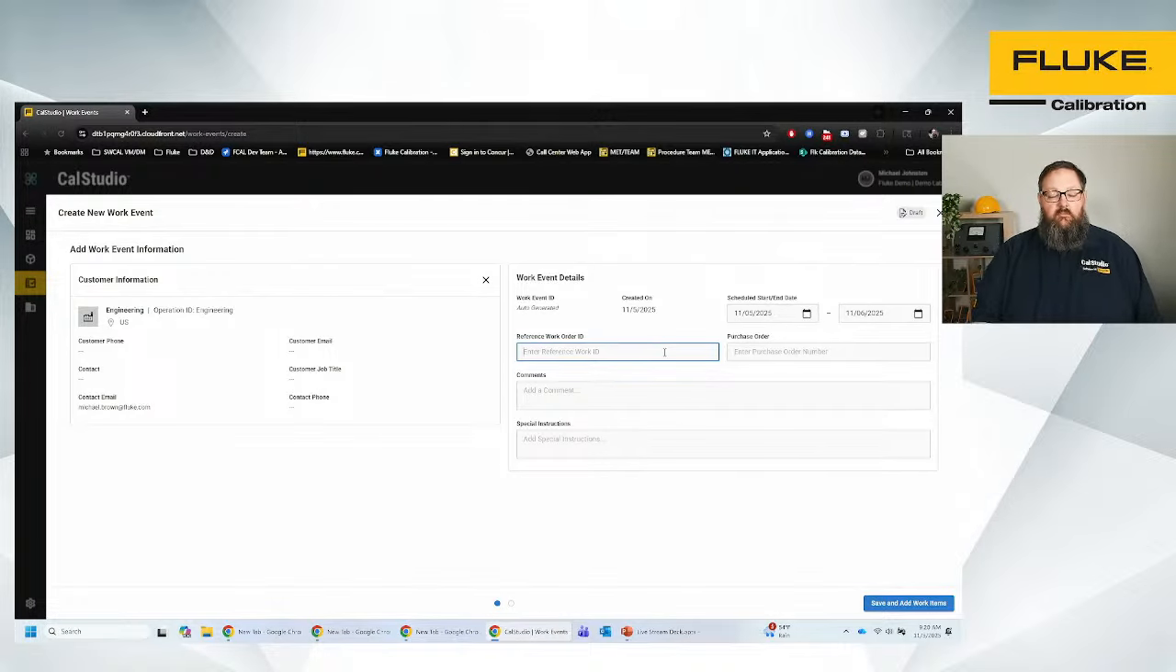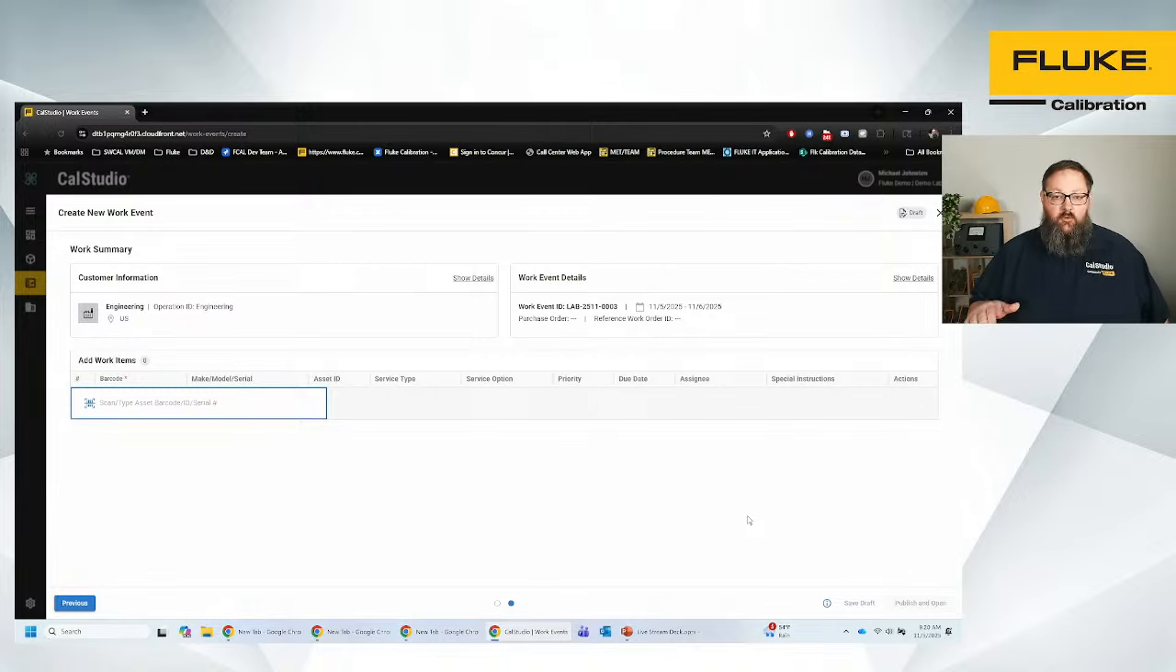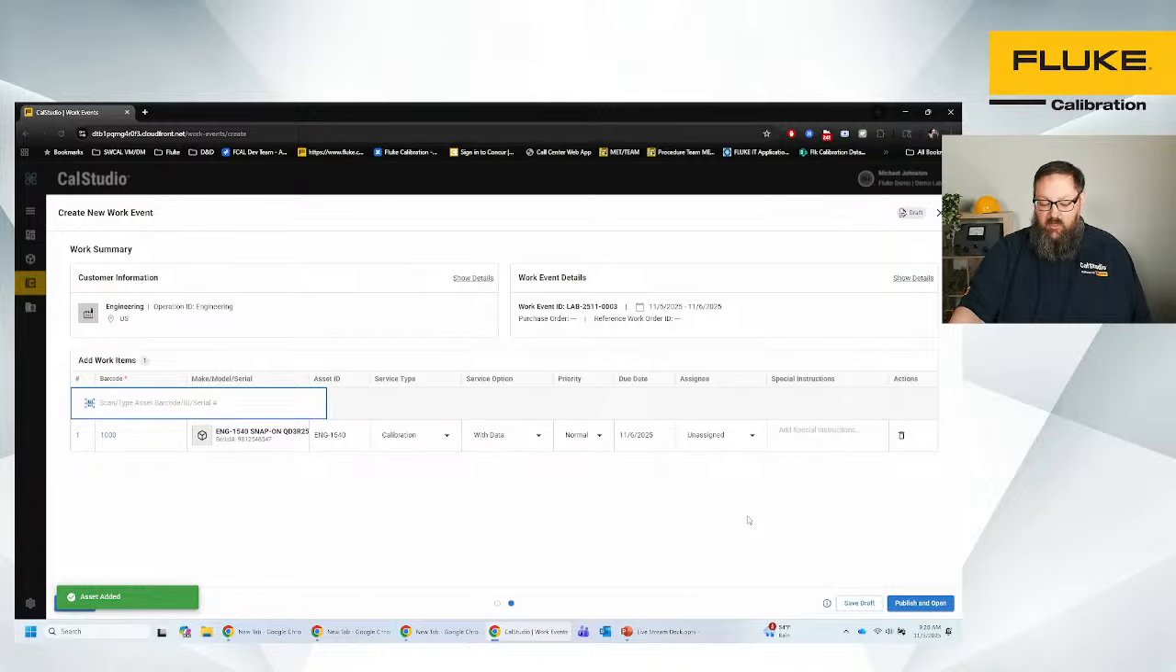If this is an on-site, maybe I'm designating those dates. I'm going to do that here in the work event record. And then I'm going to save and move forward. And this is where I select what assets I'm going to do for this work event. And I have a barcode scanner here, and I've got some barcodes prepared for those specific assets we were looking at. I'm just going to show you that I can really quickly scan those barcodes, add those items to this